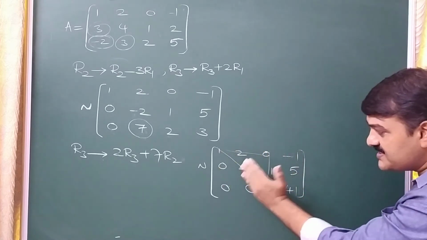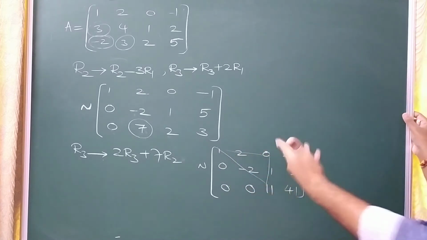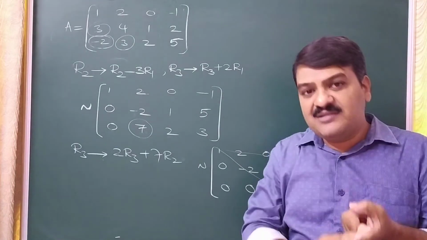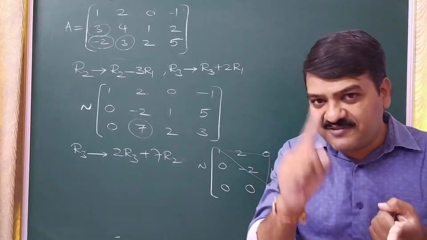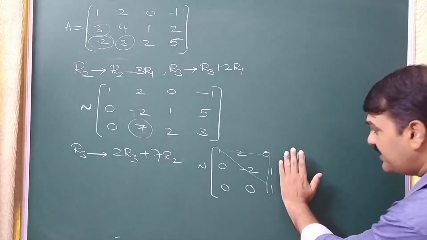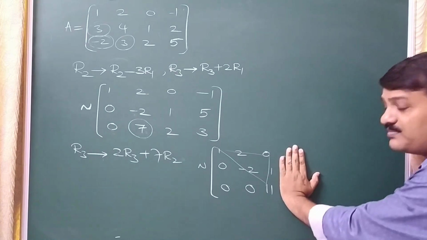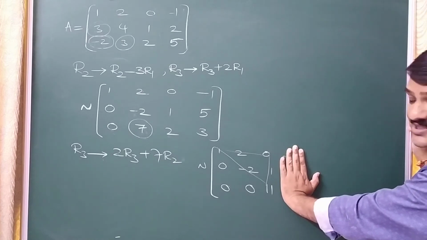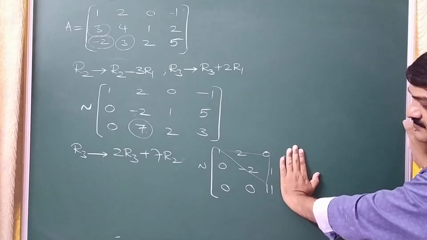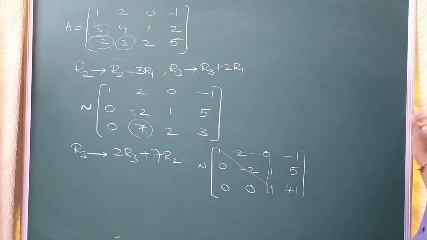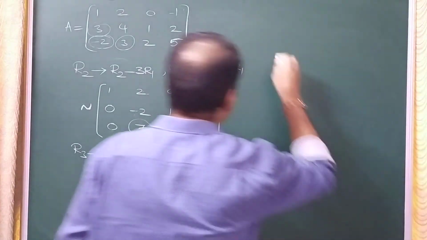So 3 by 3 submatrix is non-singular means rank is going to be 3. If you can find at least one 3 by 3 submatrix which is non-singular, rank is going to be 3. That we found here. By removing this column we get a 3 by 3 submatrix. Clearly determinant is not 0 because this is upper triangular. Determinant is product of diagonal elements, clearly non-singular. Therefore rank is going to be 3.